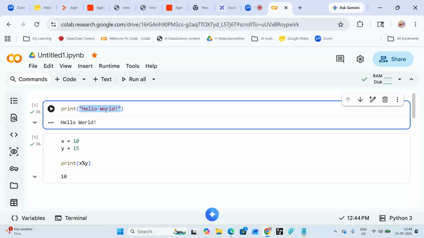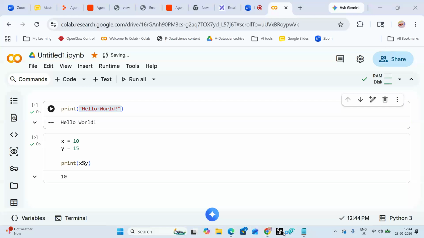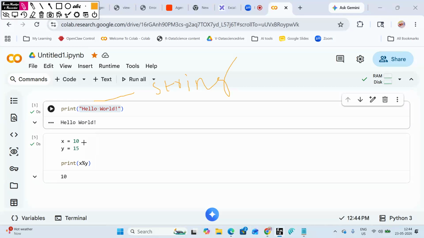Anything, any letters or sentences, if you are writing them, we call it a string. I'll give the brief also. So this is a string, string, string. This is an integer, and this is how we write a mathematical operation. Completed. Within 5 minutes, you learned string data types, integers, and how to write mathematical calculations.